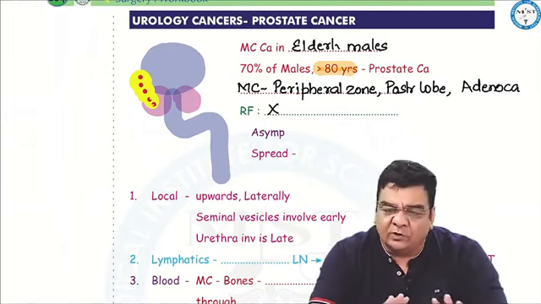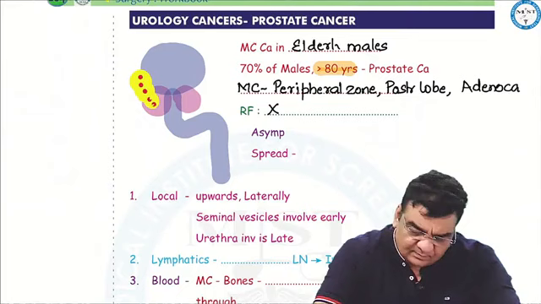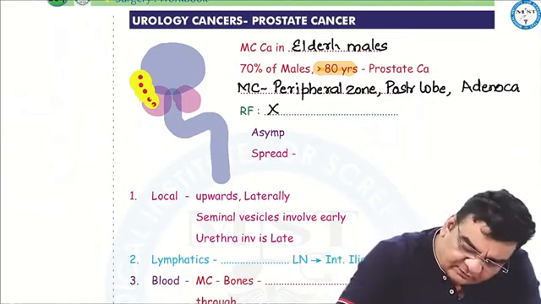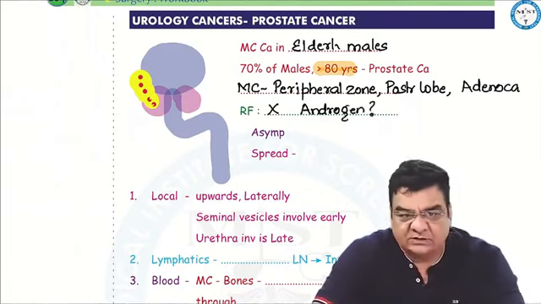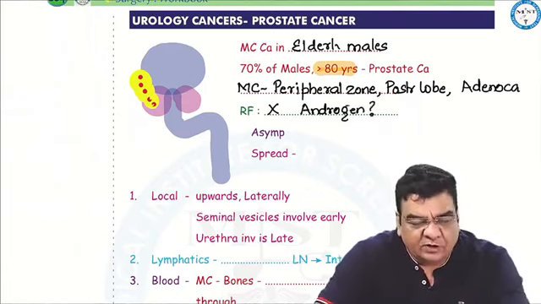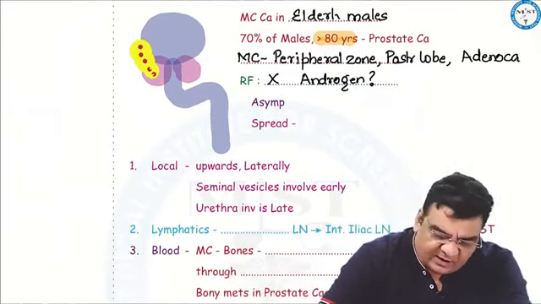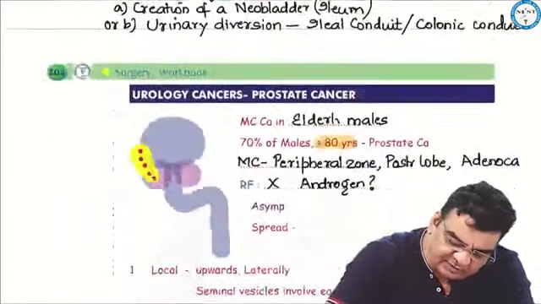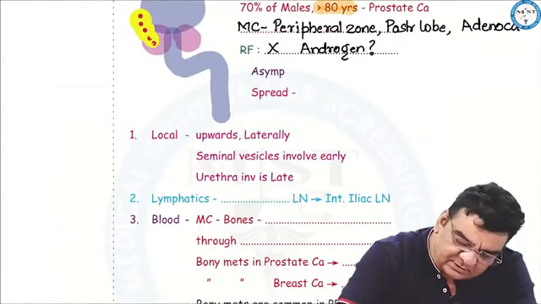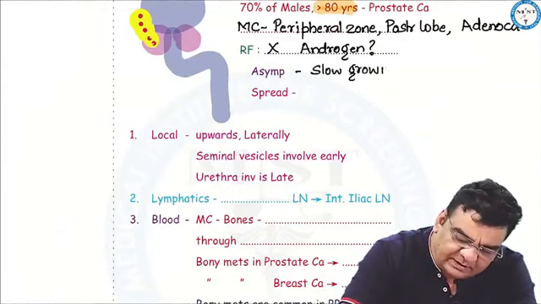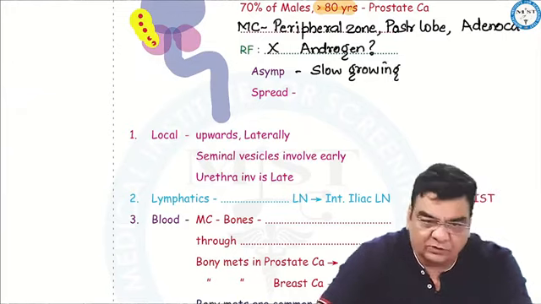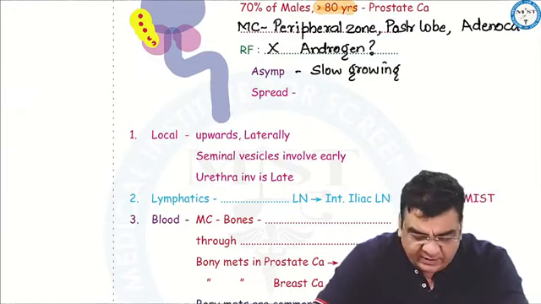It is a very slow growing cancer. Risk factor, exact risk factor is not known, but the theory says it might be related to androgens. Majority of these patients remain asymptomatic. It is a very slow growing cancer. It takes years for the prostate cancer to grow, and it can spread